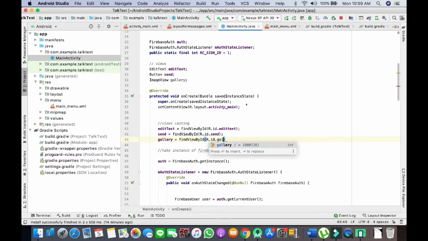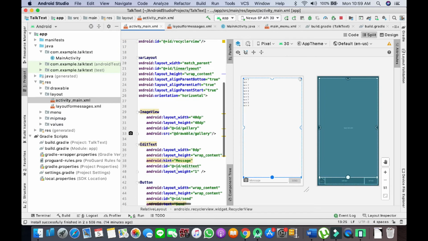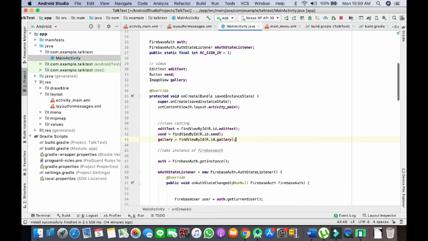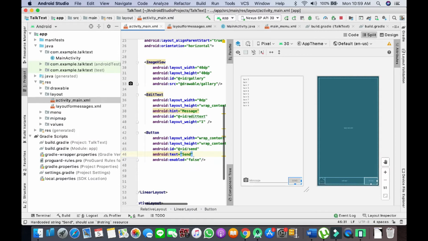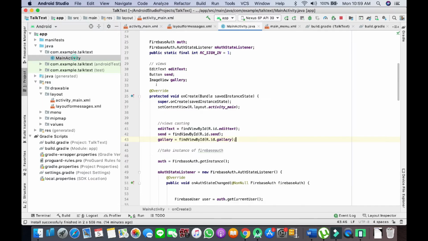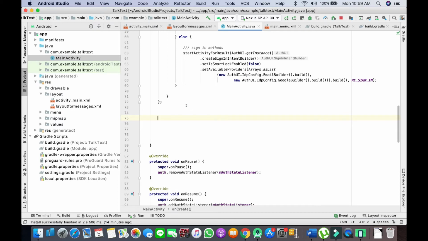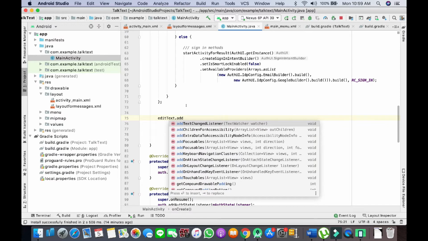Now one interesting thing that I want you to note is that here we have disabled the send button because we want to control it. If there is no text, then the button should be deactivated. It should not work. So we'll get right into it, and what we're going to do is edit text, add text change listener, new text watcher. And what we are doing here is if char sequence is like a string, like a sequence of strings, if I'm not wrong, trim length